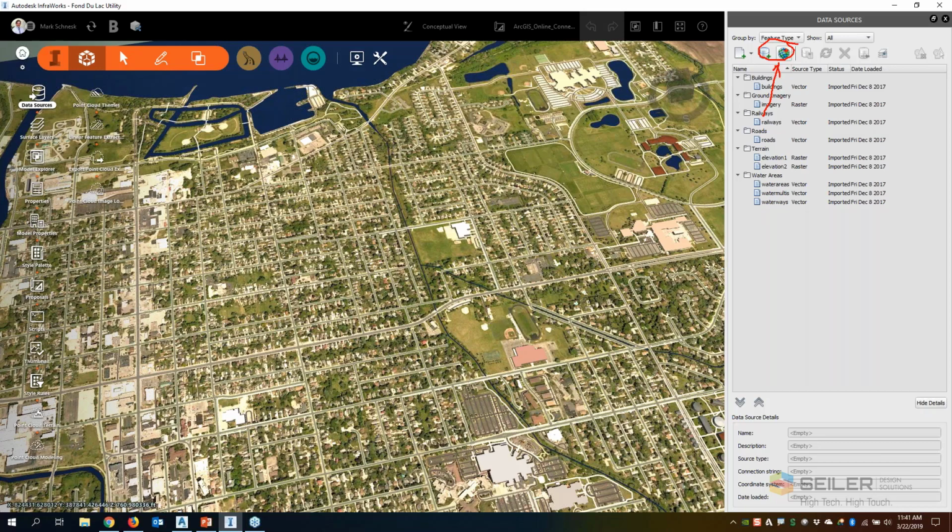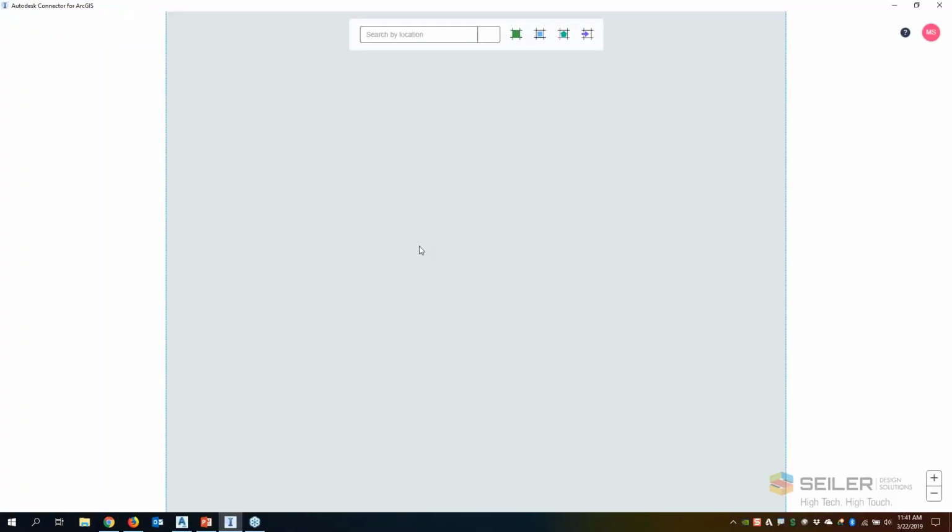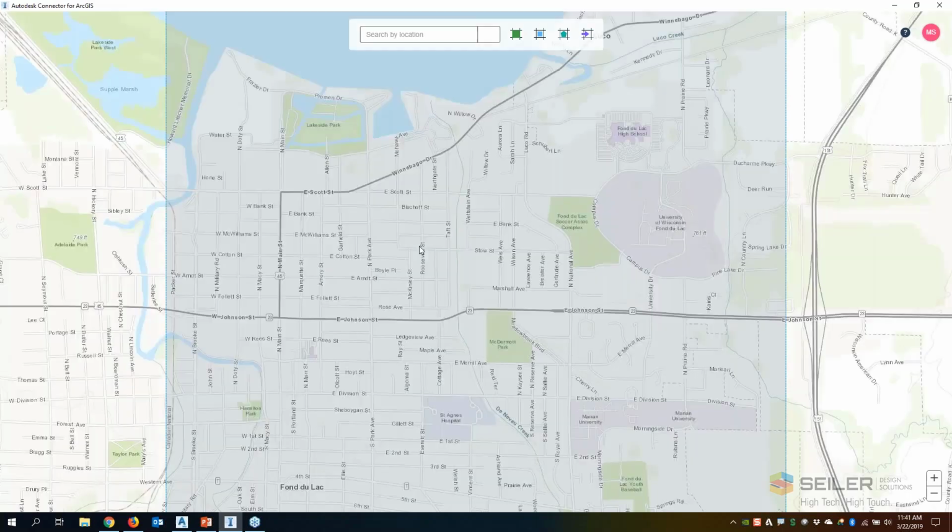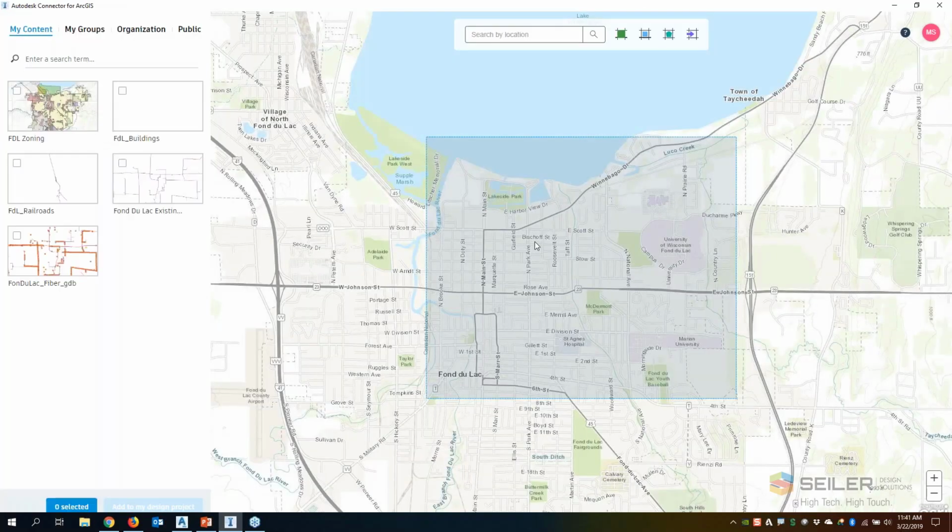So what I'm going to do is click on that globe. Now, if you have your ArcGIS Online account set up, the first time you click this, it's going to ask you to log in with your credential information. There'll be a little sign-in box right here to sign into your Esri account. I'm already signed into mine, so if I click on this, it's going to take me to another page that's going to load up. It takes a second here, and basically I'm presented with a map using a standard map